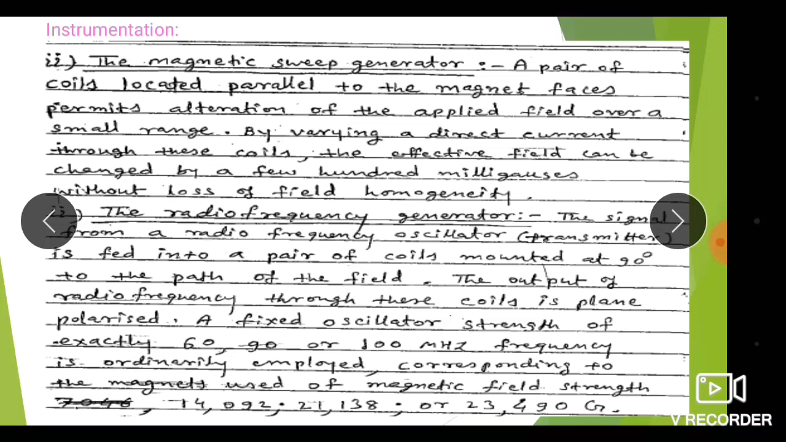The output of the radio frequency through their coils is plane polarized. You will get the plane polarized output. A fixed oscillator strength of exactly 60, 90 and 100 megahertz frequency is ordinarily employed, corresponding to the magnet used for magnetic field strength of about 14,092 gauss, as well as 21,138 gauss or